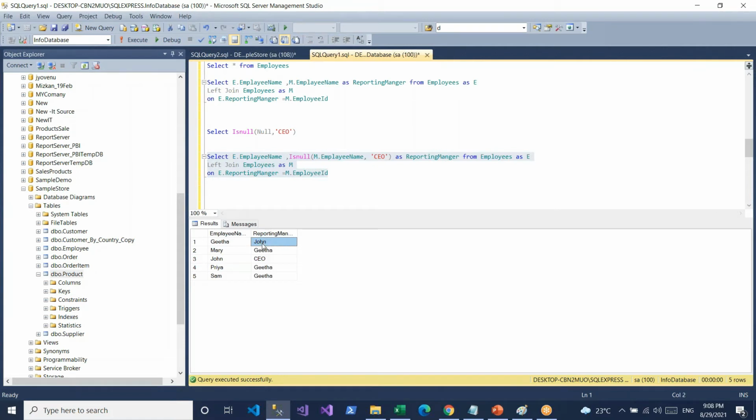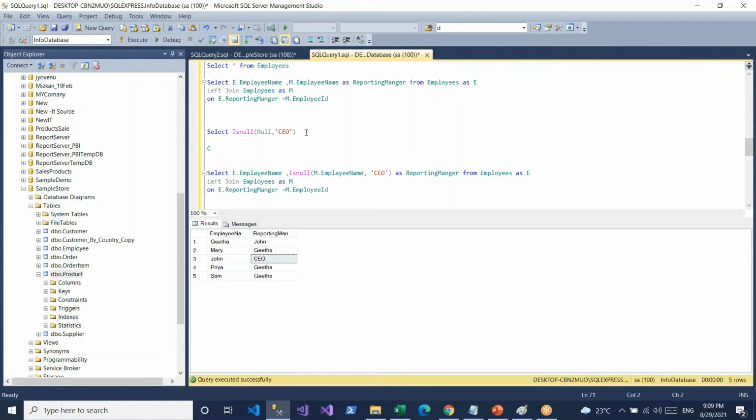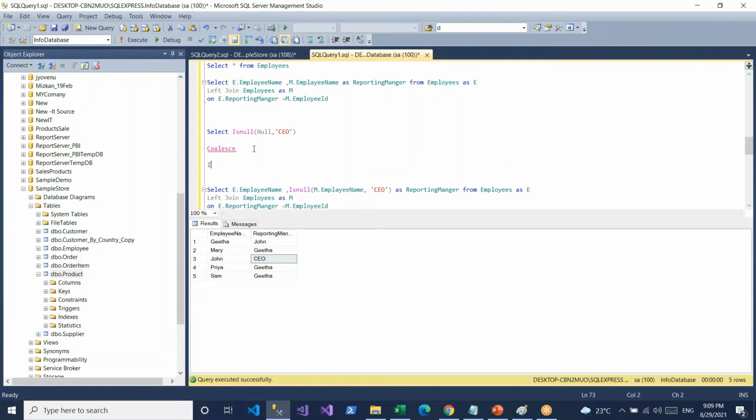So if we have values, we get the values. If we don't have the values, it will bring out the replacement values. So we can replace using ISNULL or COALESCE, or an if-else condition, sorry, a CASE statement. We can use any of these to replace null values.